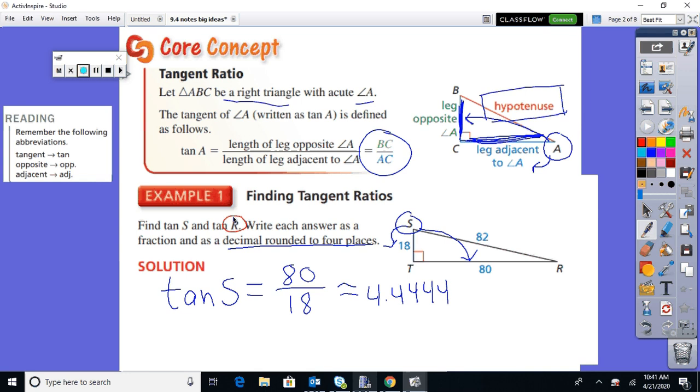Now we're going to find the tan of R. So the tangent of R, so now I'm looking at R as the angle. So let's compare the legs with respect to R. All right, so the opposite is 18, and the adjacent is 80. So they just kind of switch places. So when I go 18 over 80,